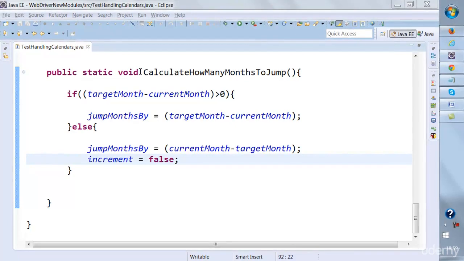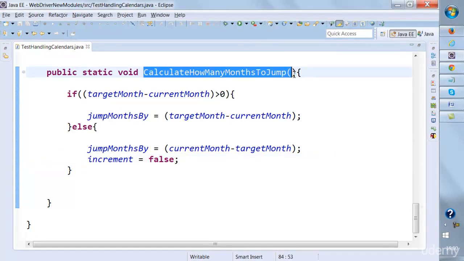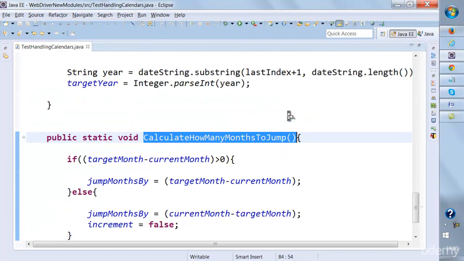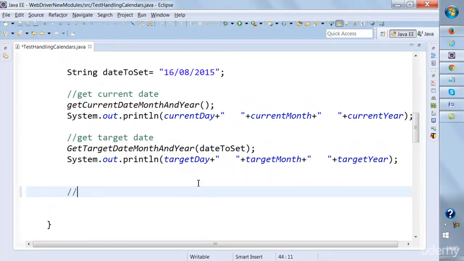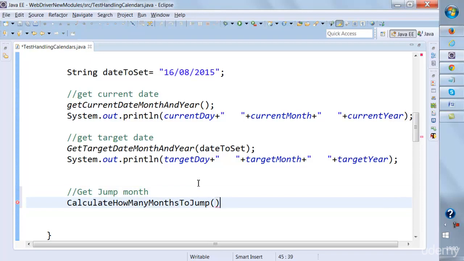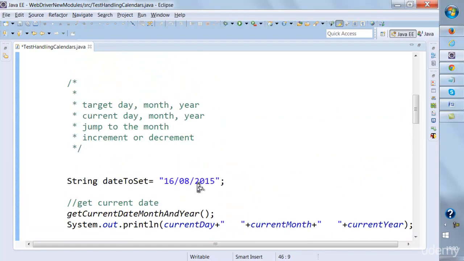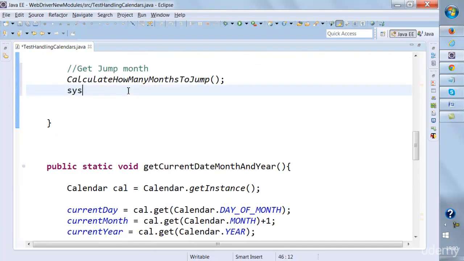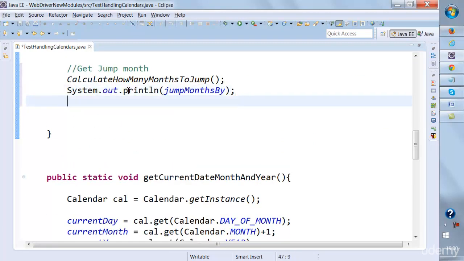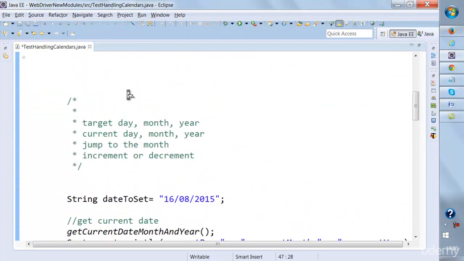So now that we have already created a method that should calculate the month to jump, I'll just execute this and see if it gives us the accurate numbers or not. So I'll say get jump month, and execute this. After this, it should set values to the jump month by and the increment. So I'll print the jump month by value, and print the increment as well,